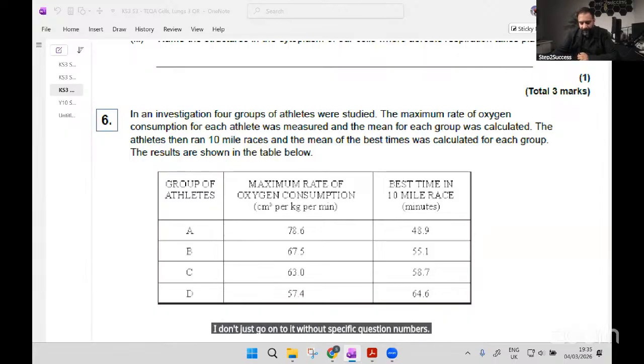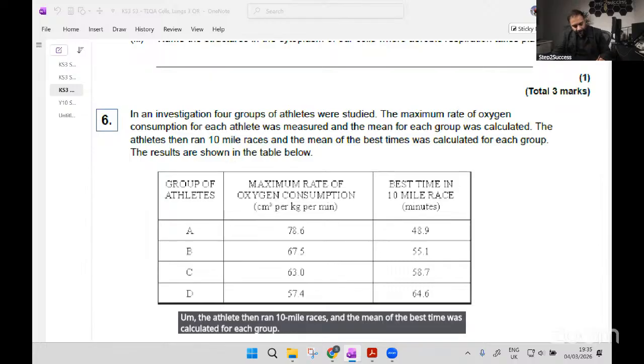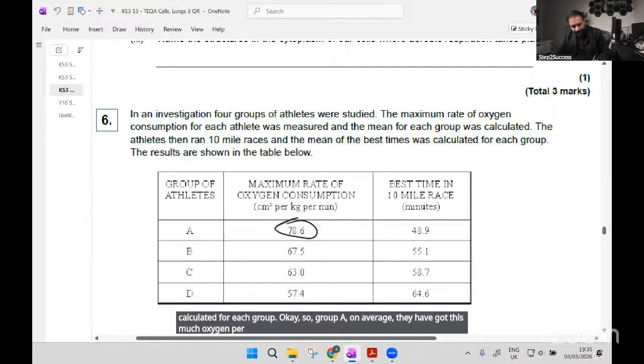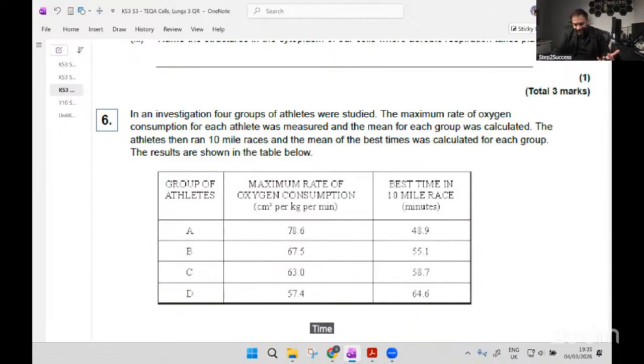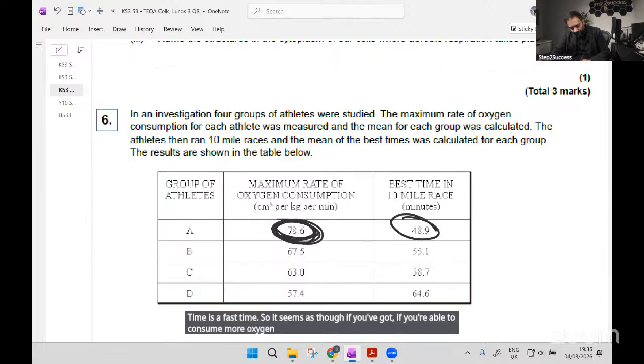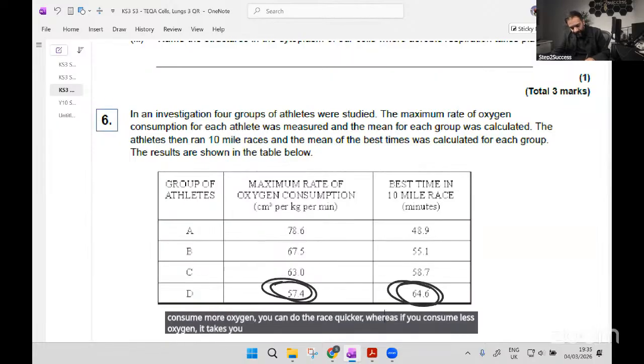The athletes then ran 10-mile races, and the mean of the best time was calculated for each group. Okay, so Group A, on average, they have got this much oxygen per minute, whereas you can see it's going down there. But let's have a look at their times in a race. You see how that's the fastest time? A low time is a fast time. So it seems as though if you're able to consume more oxygen, you can do the race quicker. Whereas if you consume less oxygen, it takes you a longer time to do the race, which kind of makes